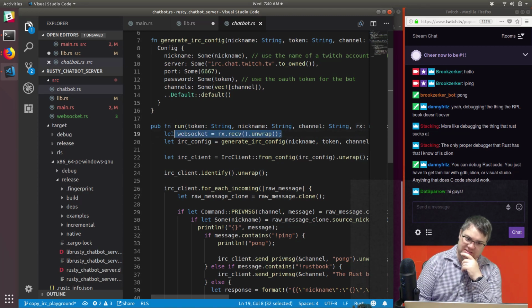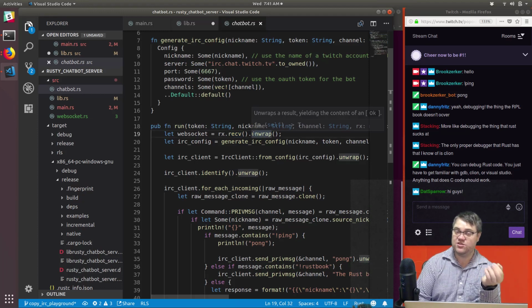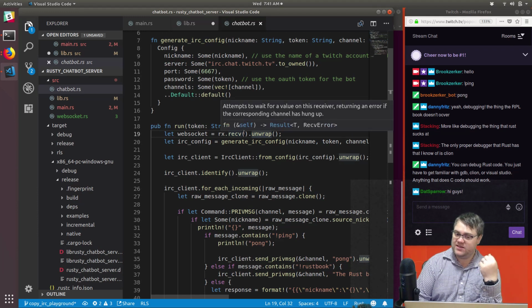Is this synchronous? I bet this is synchronous. So it knows it's going to happen because there is a sending in the code. So it's not going to crash on us because there's a sender. But if